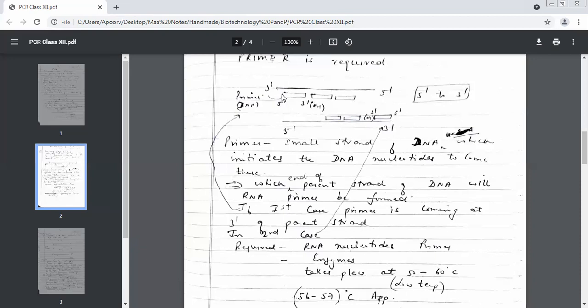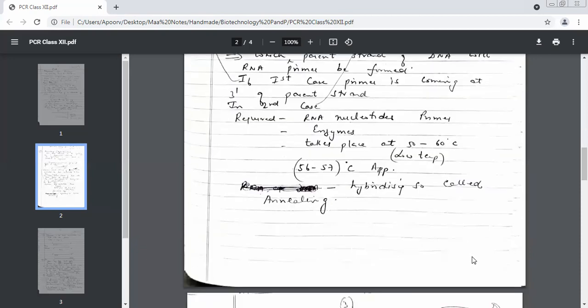So in the first step, what did we do? We did denaturation. That means we spoiled the original nature of DNA. We changed the double-stranded DNA into single-stranded DNA by breaking which bonds? Hydrogen bonds. Very good. And the second step is annealing or hybridization, in which we have added primers to these single strands. So this is your second step in PCR, primers.